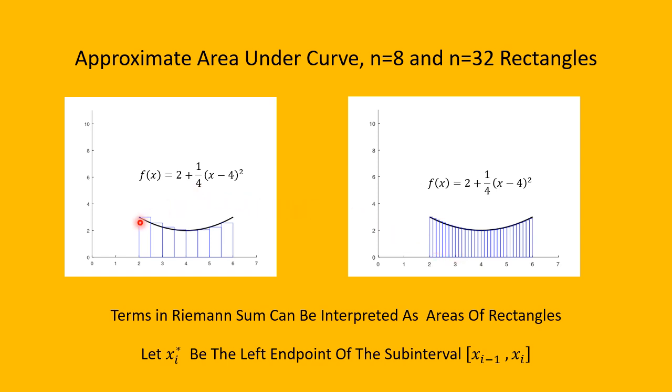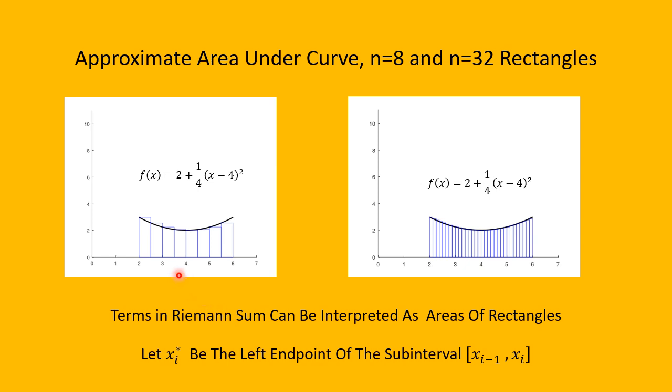They're very slim, very thin. In each of these cases, this upper curve is the same: f of x equals 2 plus 1/4 times the quantity x minus 4 squared. So what we're going to do is write down these two sums of areas of rectangles, and then we'll get a Riemann sum. In each case, I'm going to let x sub i star be the left endpoint of the